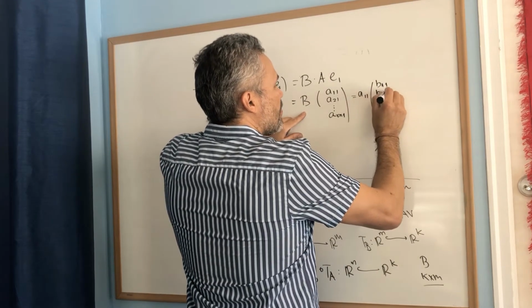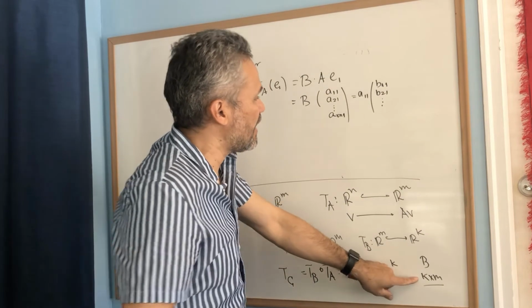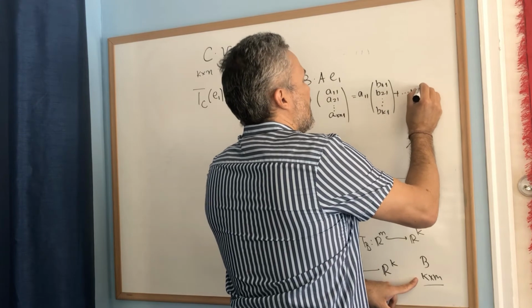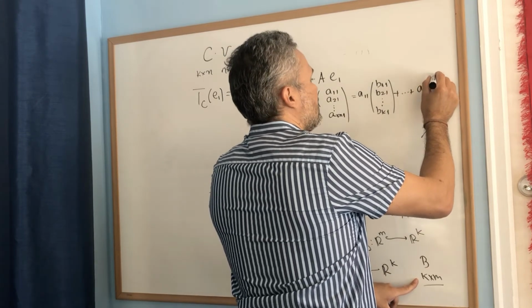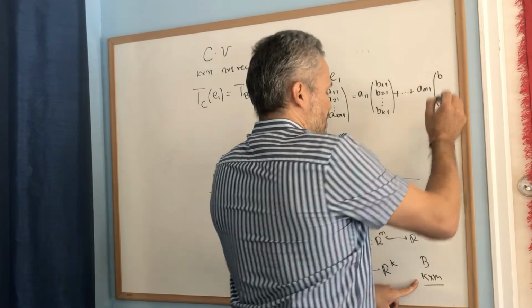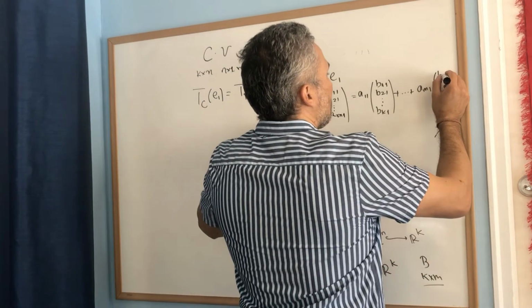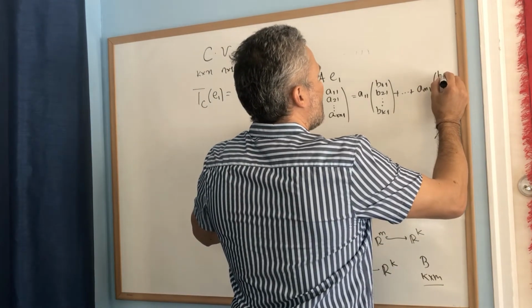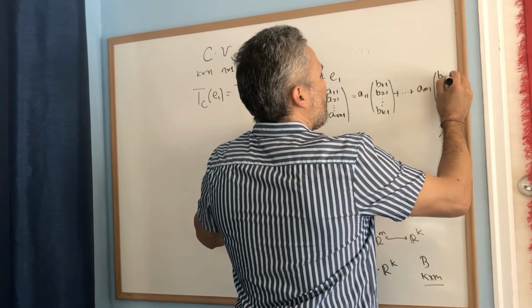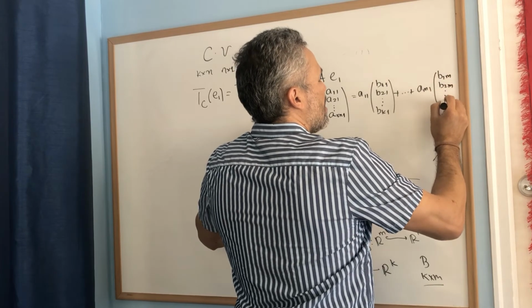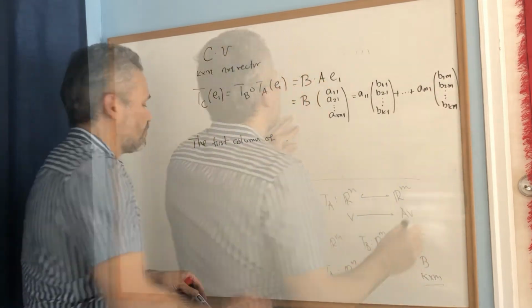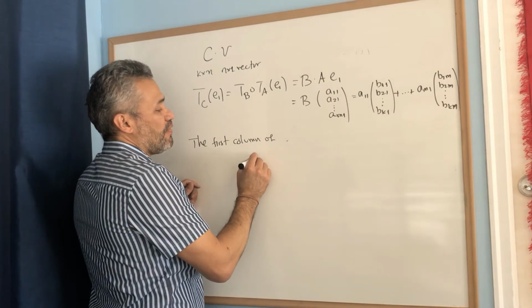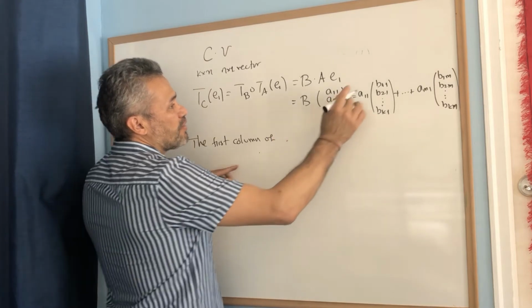B11, B21, and we have k rows, up to Bk1, plus Am1 times the last column, B1m, B2m, and Bkm. Then the first column of C would be the vector